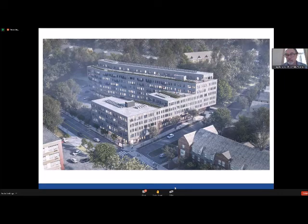Dan, you had wanted to make a comment, I believe. Yeah, thanks. Just as a general comment, I really appreciate the thoughtful input from both the committee members and the community on this project. I think it's a very handsome project, very beautifully articulated. A couple things that may help alleviate some of the concerns of the community, not all of them, but